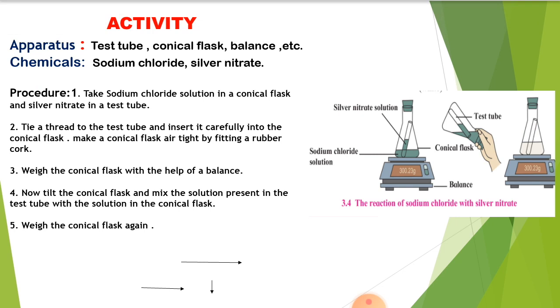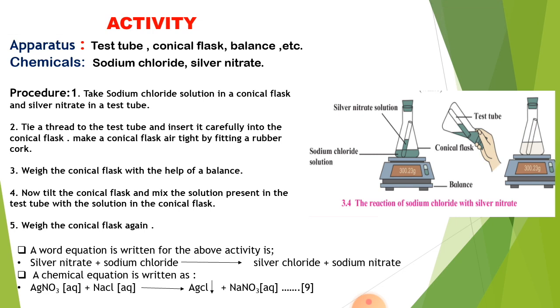So then what will we get? Now we are going to write this equation. Our equation is written as silver nitrate plus sodium chloride gives silver chloride plus sodium nitrate. When silver nitrate and sodium chloride are mixed with each other, they react and form silver chloride plus sodium nitrate. And this reaction in chemical equation is written as AgNO3, that is silver nitrate in aqueous